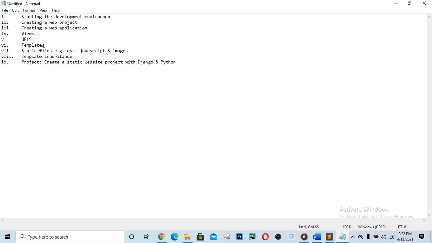We are also going to look at static files, how to handle static files in Django, such as CSS, JavaScript, and images. We are also going to look at template inheritance, and finally we are going to create a project using Django and Python. Right, so let's just dive right into